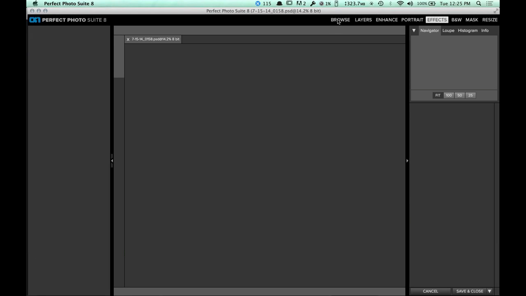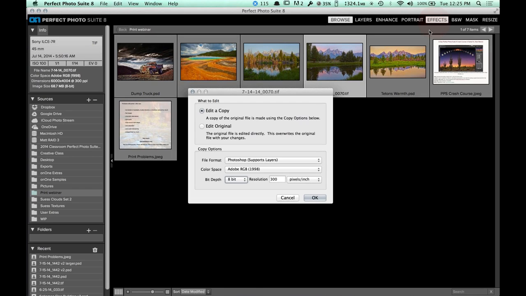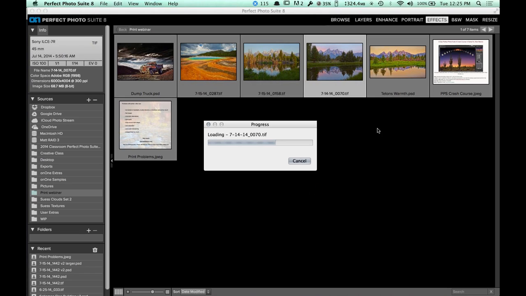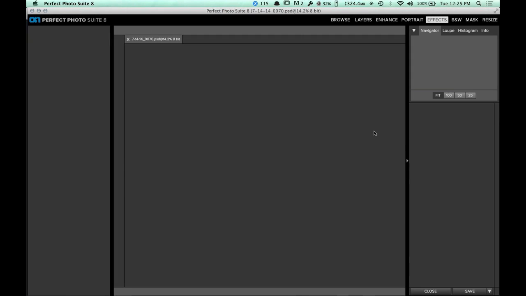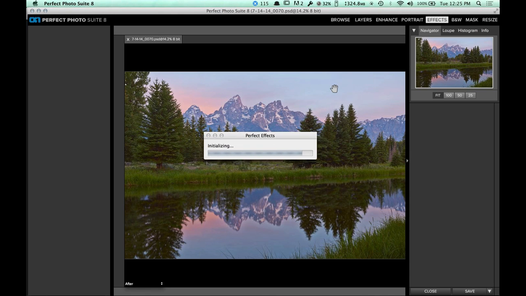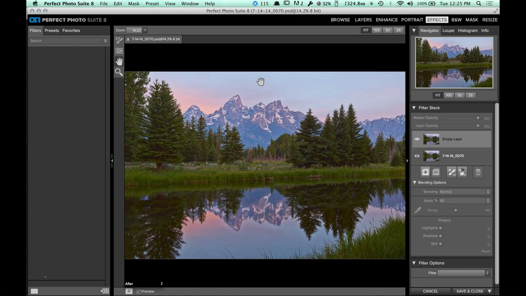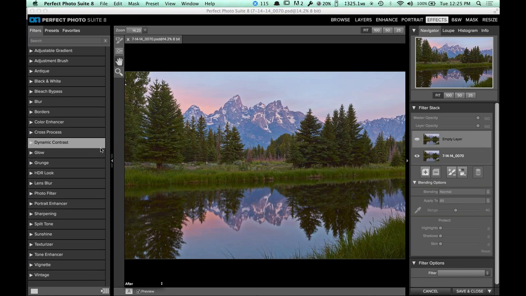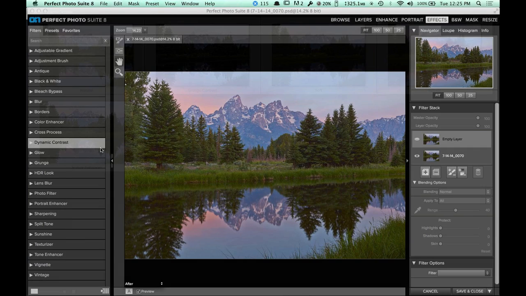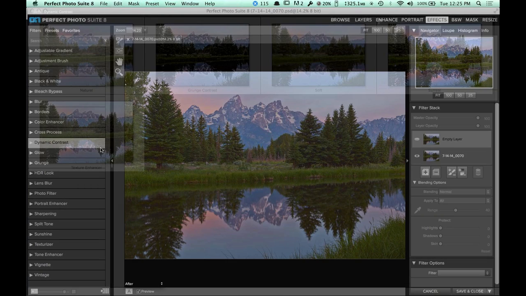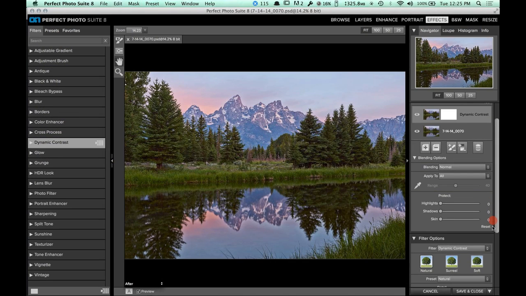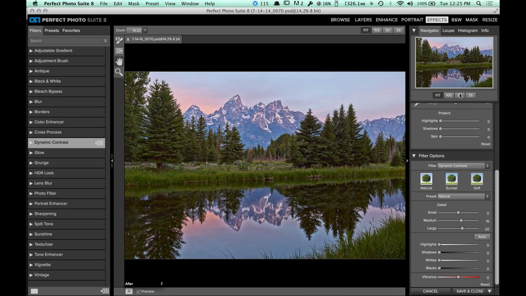Get back to my browse module, and let's take a look at this one here. I'm going to edit a copy again, make sure all my settings are correct. Okay, same thing. I'm going to go into dynamic contrast, and we'll start off with the natural. And I think this is going to be a little bit more dramatic here in terms of